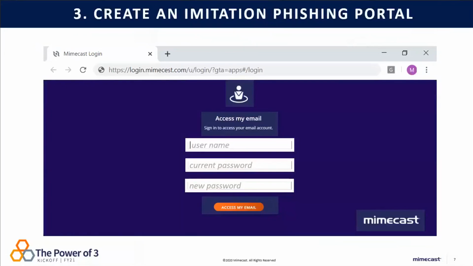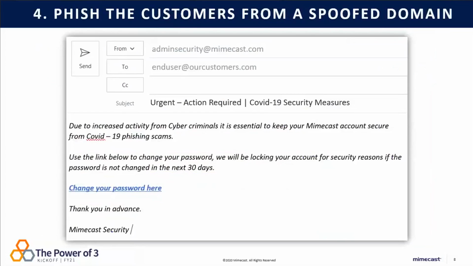And so step 3 is to create an imitation phishing portal. You may have seen all of these before, or this may be new to you. And so that is put through in a phishing spoof domain email to many individuals in an organization.